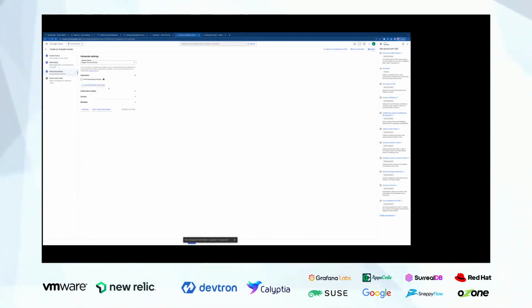Then things like automation and the service mesh, and security features, whether you want to allow role-based access control, or encrypt all the secrets, and the metadata for that. Once you click on review and create, this is going to create a container for you.